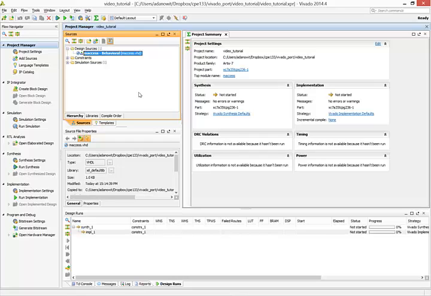Well, that's also true in Vivado. All of the source will always be with you over here in the Project Manager under the tab Sources, under the tab Hierarchy. So here we have our Maxis module, and if we double click on it,